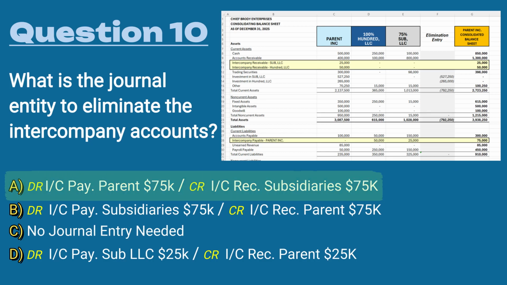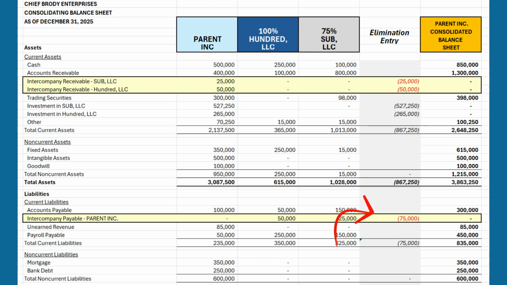The answer is A. We're going to debit the intercompany payable with the parent for $75,000, and we're going to credit the intercompany receivable of the subsidiaries for $75,000, which will net those to zero because when we have a consolidated balance sheet, we don't want to show intercompany payments because from one economic entity, there is no due tos